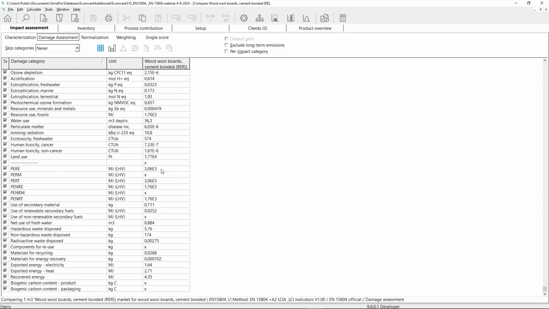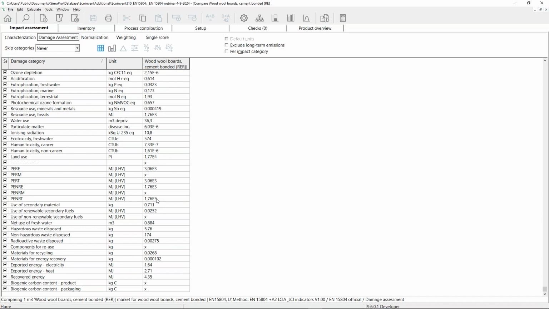Maybe you noticed that for the energy categories, there are two times the same values. So what you see here is the primary energy used as energy, the renewable and also the non-renewable, have the same value as the total.